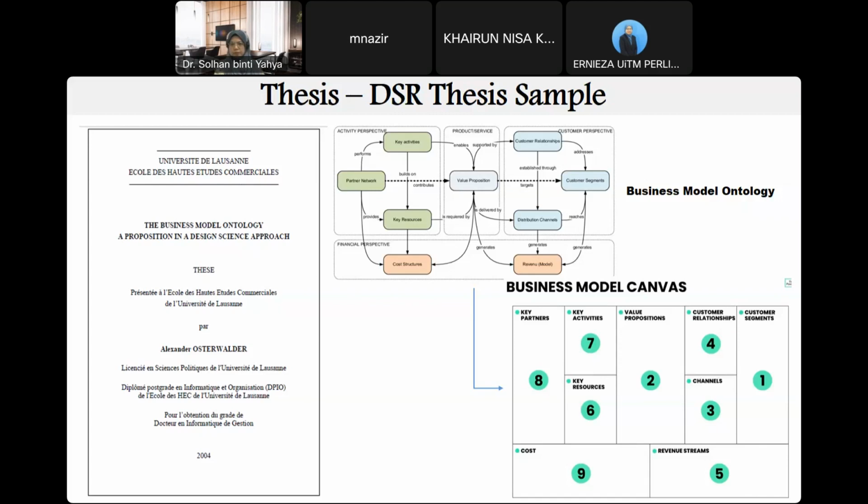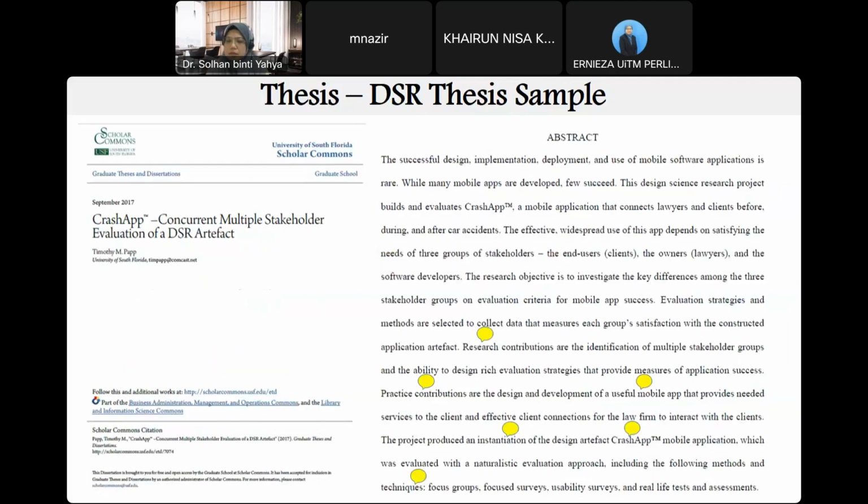He adopted the design science research paradigm and methodology to build the business model ontology. After a few years, from the business model ontology, he built an industry-friendly framework, which we call the business model canvas, widely used in this world to build companies. All right, this is a thesis from